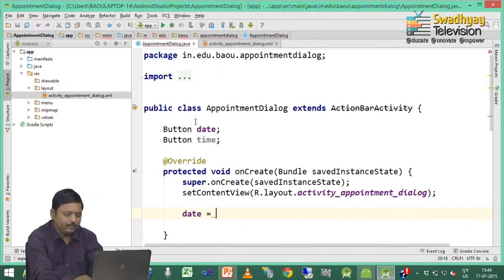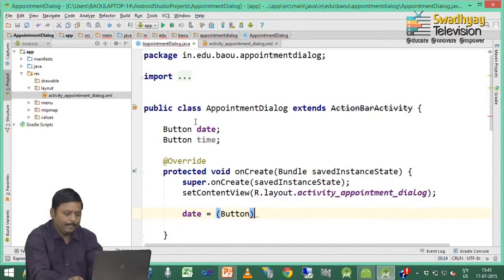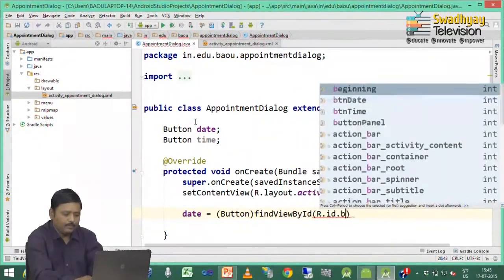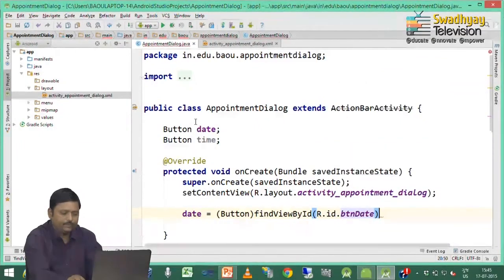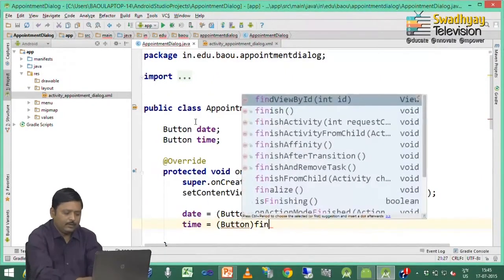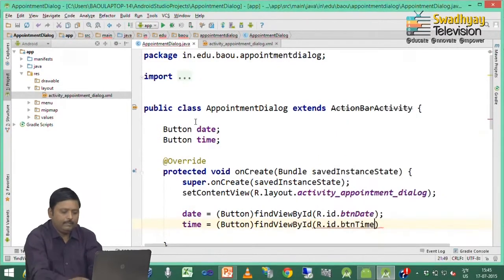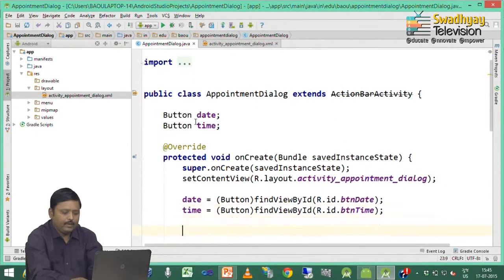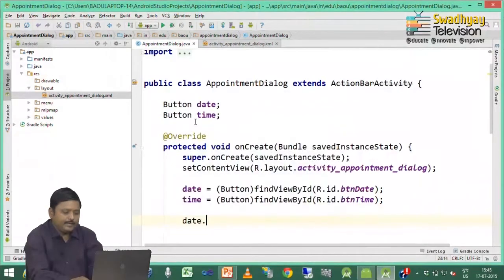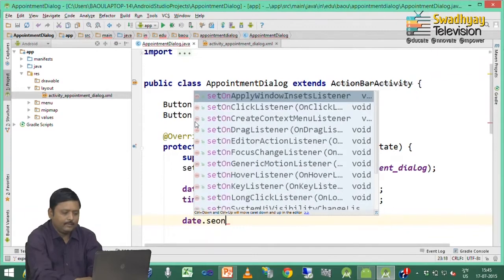So, date is equal to the button represented by ID btn date, and time is the button represented by ID btn time. Now, inside these date dot set on click listener,